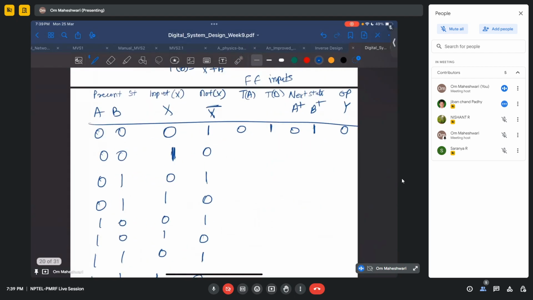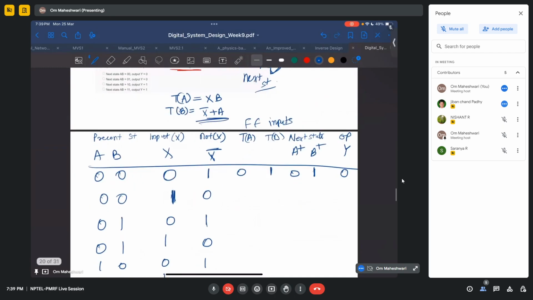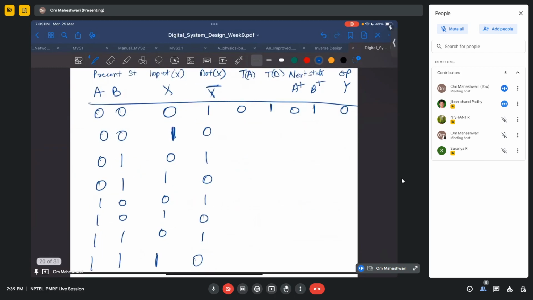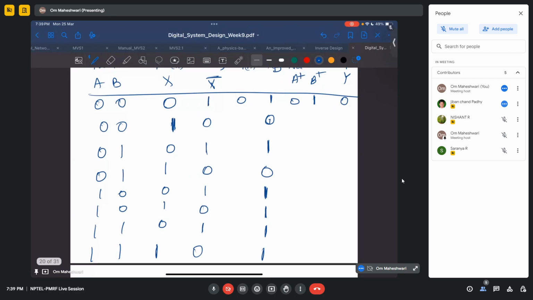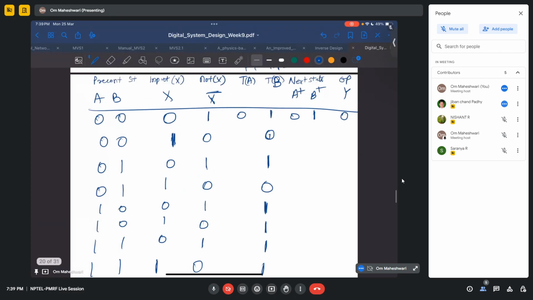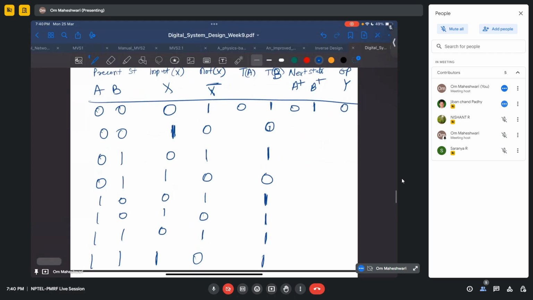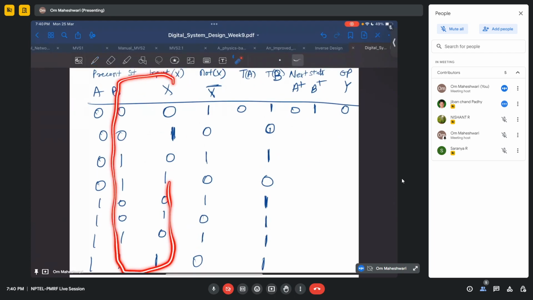सो जहाँ पे भी वन होगा वी कैन राइट टी बी डायरेक्टली वन, राइट? So this will be 0, this TB, this will be 1, this is 0, this is 1, this is 1, this is 1, this is 1. TB सॉर्ट हो गया। TA के लिए वी हैव X इंटू B, सो इन दोनों कॉलम्स का AND, सो ओनली दिस स्टेट एंड दिस स्टेट विल बी 1, रेस्ट ऑल आर 0।